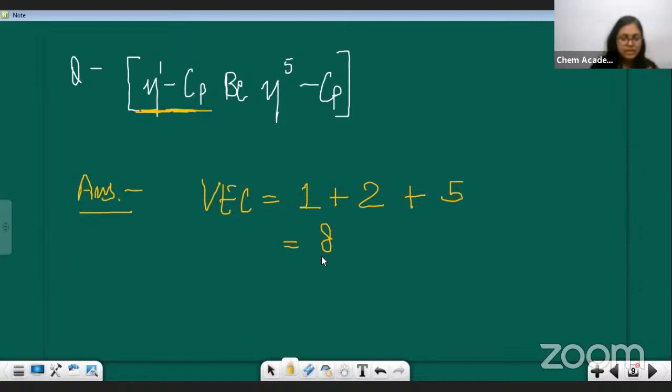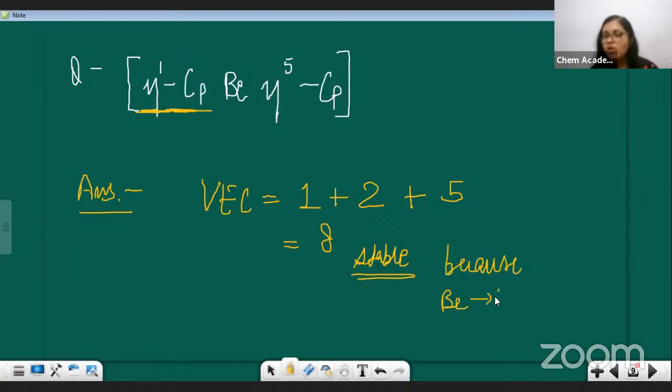Monica says yes, it is stable. Ashutosh Ojha says stable. Abhinash Sahu also says it is stable. Yes, stable. All of you are correct. It is going to be stable. Why is it going to be stable? In spite of having only 8 electrons, how is it still stable? Because